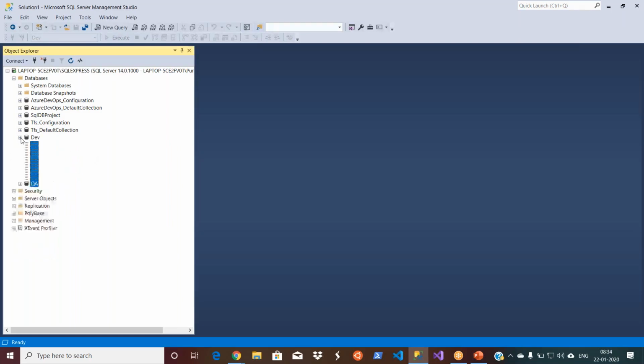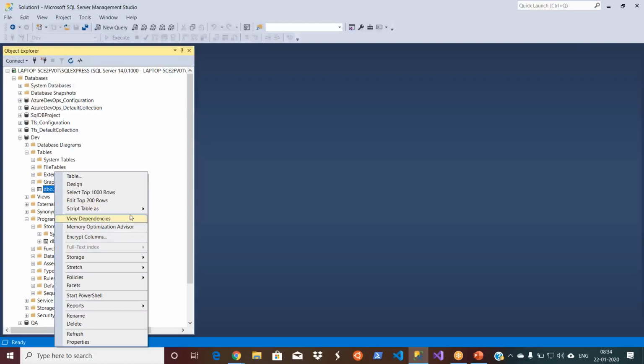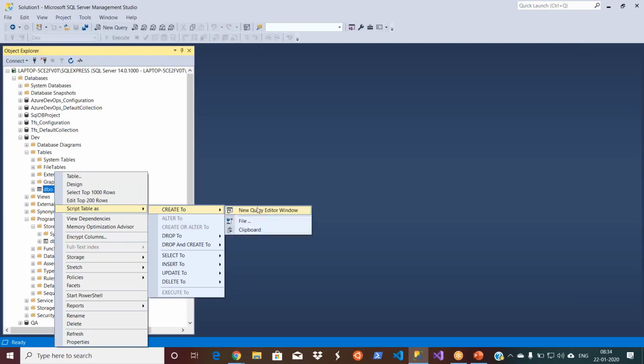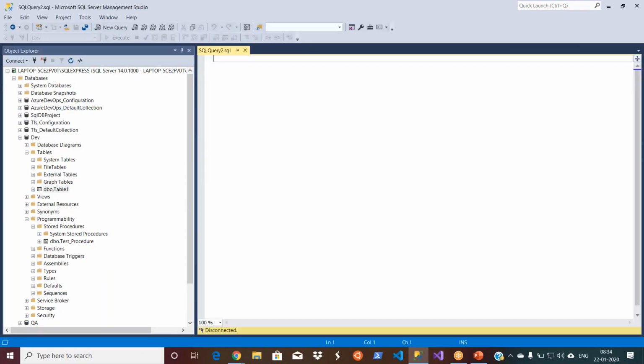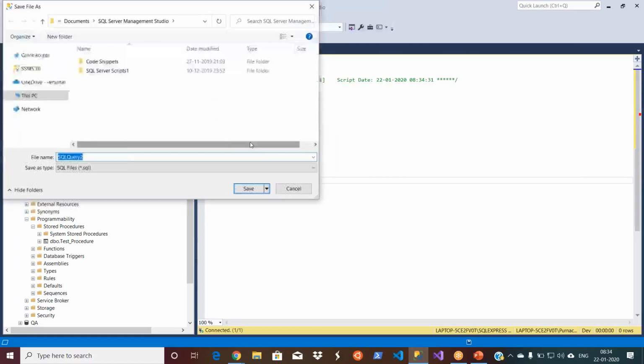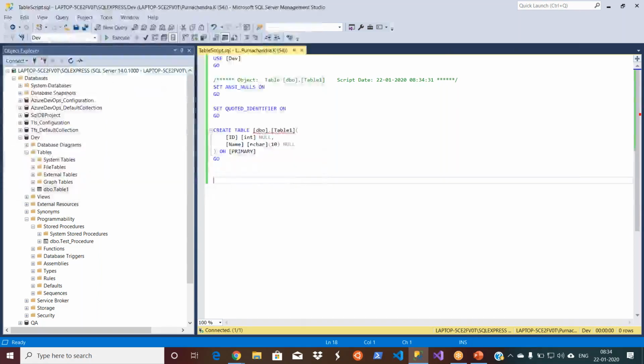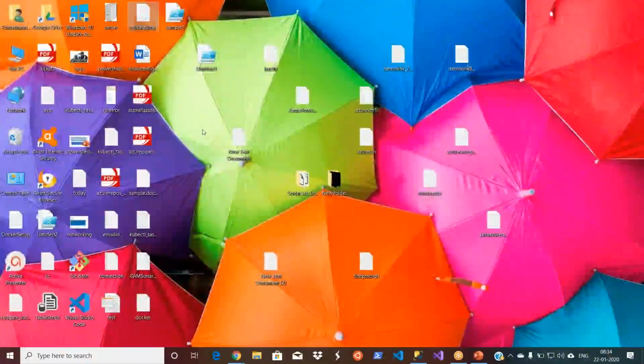So I'll go to the dev database. I'm just showing it in a very simple way. Let's say people just create a table creation script. I'll simply save it to my desktop, as the table script. So let me see where it is. Okay, I have this one here.